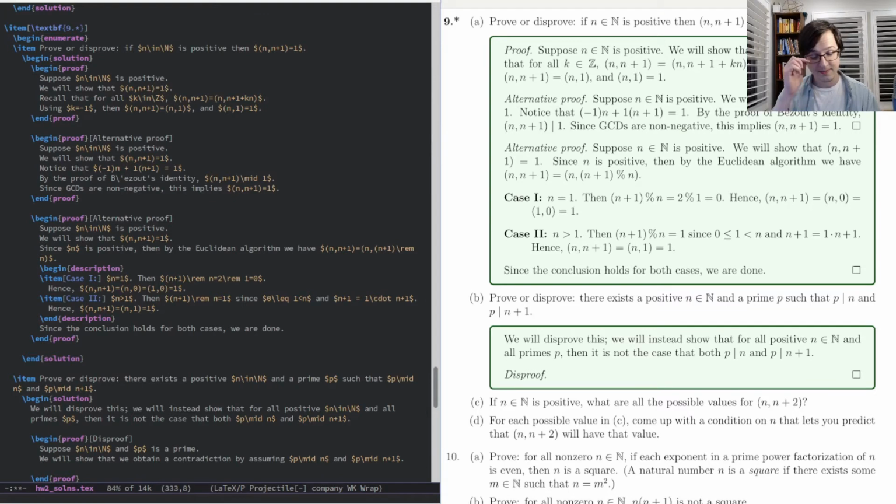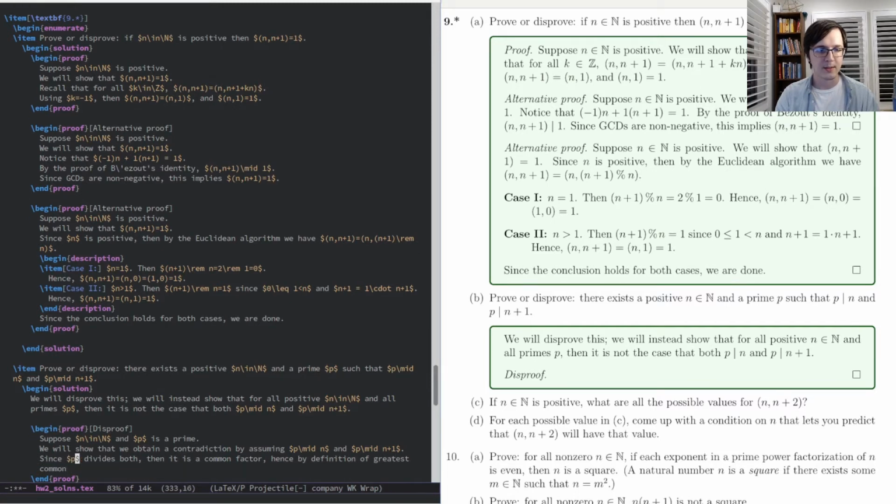Okay, I'm just writing out what I said earlier. Since p divides both, it is a common factor. Hence, by definition of greatest common, we don't call them factors here, we call them divisors. Because a factor is something that appears in a multiplicative expression, whereas a divisor is something that divides according to this definition. So it's by definition of greatest common divisor,